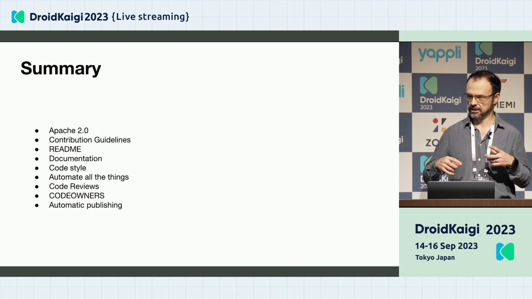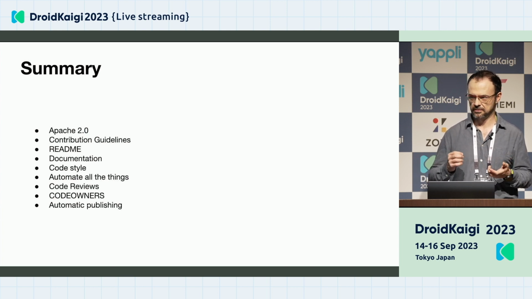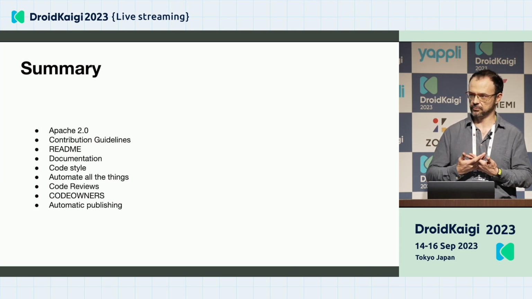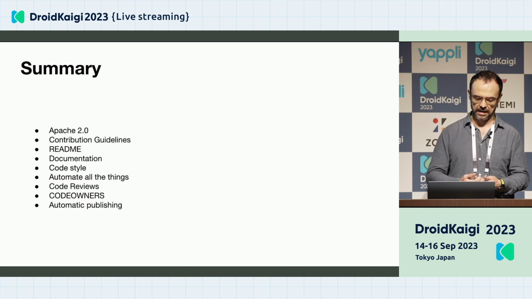With code owners, you can also assign at least two folks per PR, per module, etc. And that's a decision that you always need to take based on the number of contributors that you have, the number of people that will be maintaining the libraries, and